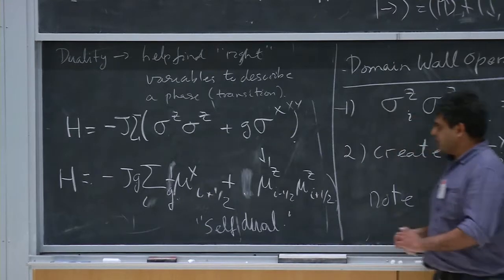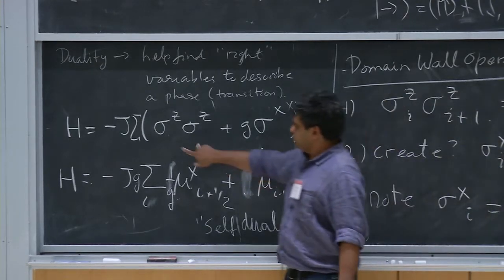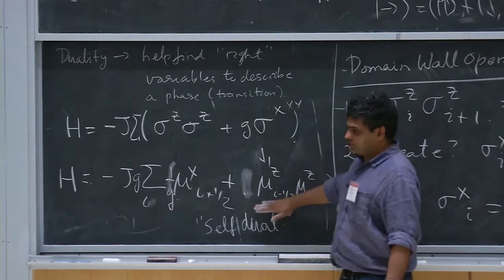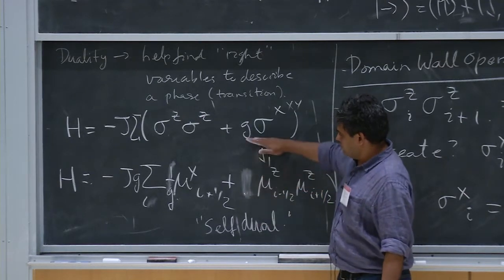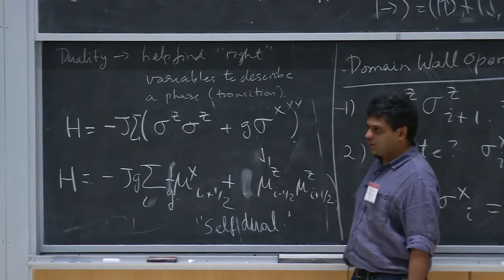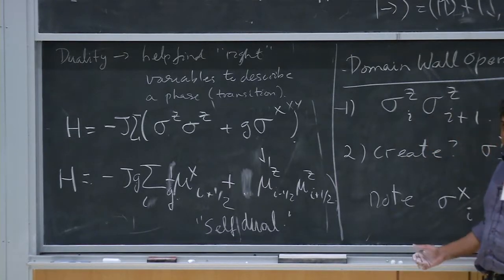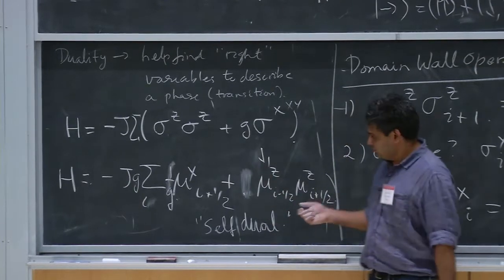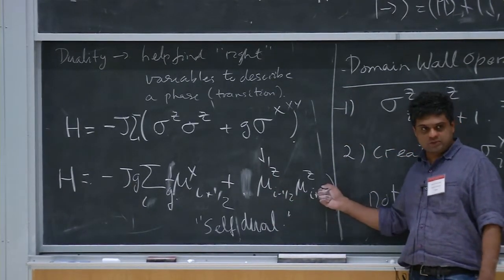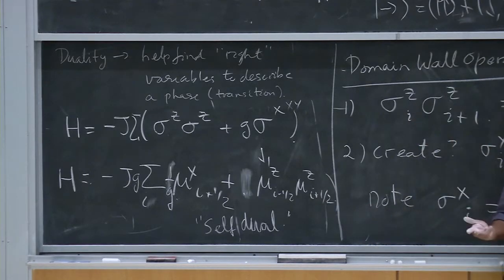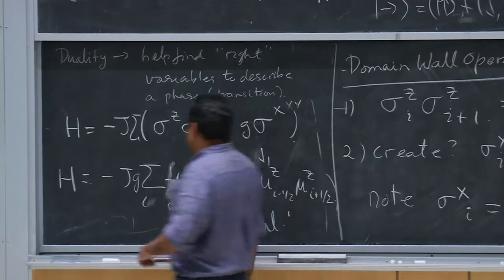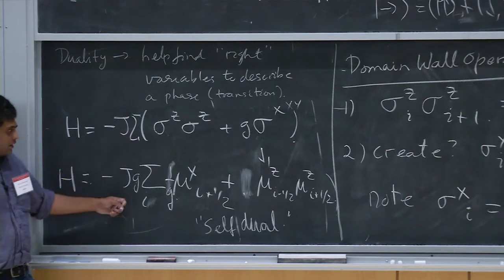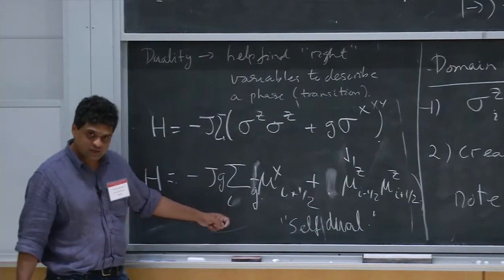I had such an easy time partly because I just restricted attention to these nearest neighbor couplings. You could have had further neighbor couplings. That would look a little more ugly when I do this duality, but in some sense the physics is still self-dual, in the sense that you have these two descriptions. You have spin flips, which are point particles that interact via some local interaction, or you have domain walls, which are again point particles that interact via some local interactions. So effectively they look very similar, and some effective theory for either of them would have very similar features. And later we'll see that there's another set of variables you can write down.